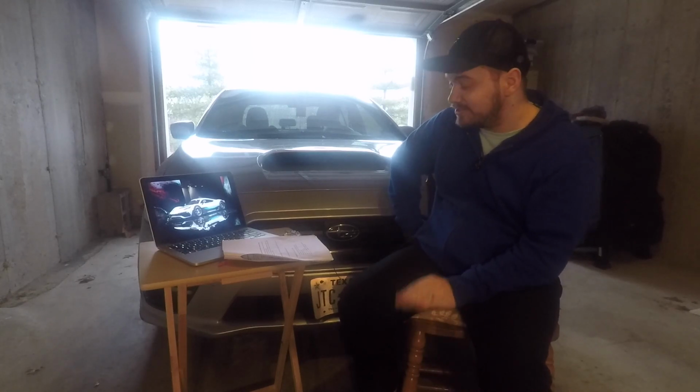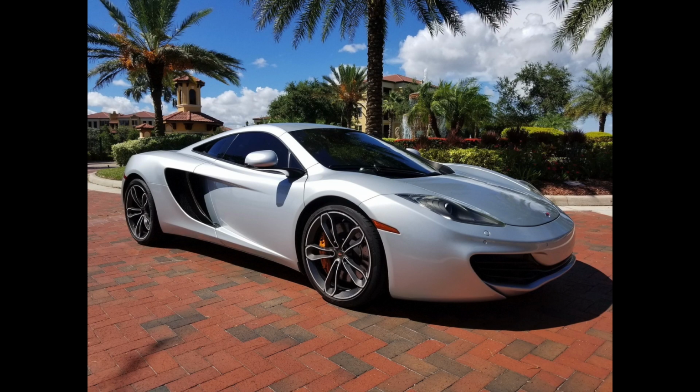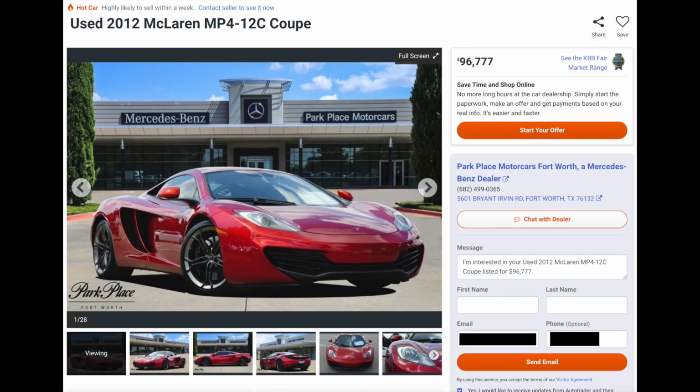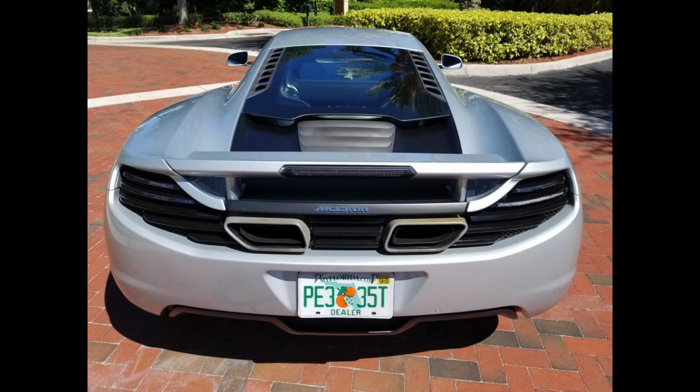Up next, and Dave of DDE will like this, the McLaren MP4-12C. The range on these cars is $70,000 to $98,000, and it's a McLaren. It's the MP4-12C. It's the first car they made after they reorganized their company, for lack of better words. I don't know if reorganized is the best thing to say, but